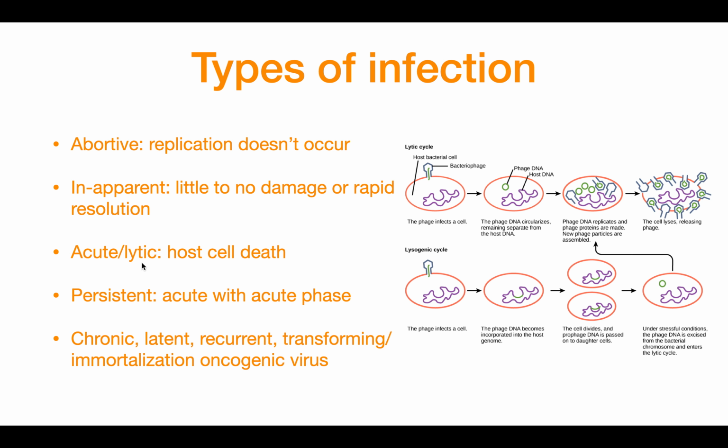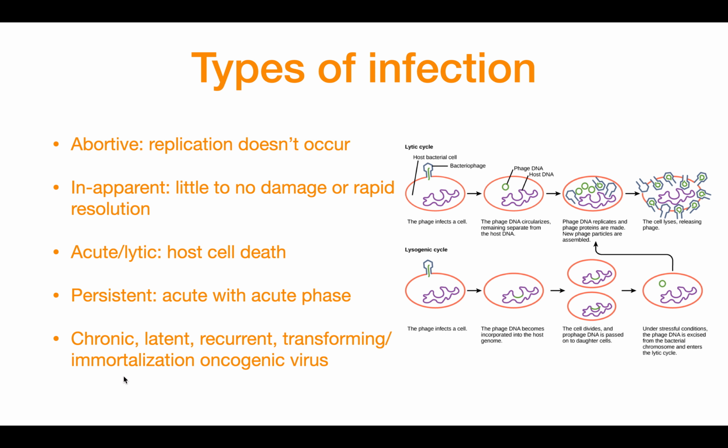In the acute or lytic type of infection, there's going to be host cell death, and this is going to manifest with symptoms. Persistent is going to be chronic with acute phases, with the inflammation, the fever, the cytokine release, over long periods of time. So it can be chronic, latent, recurring, transforming